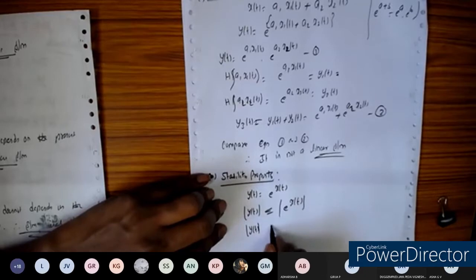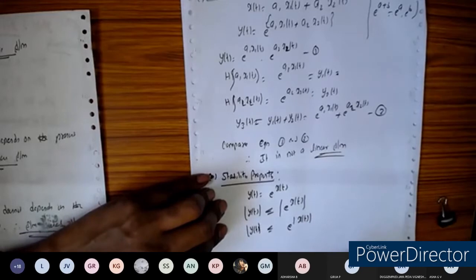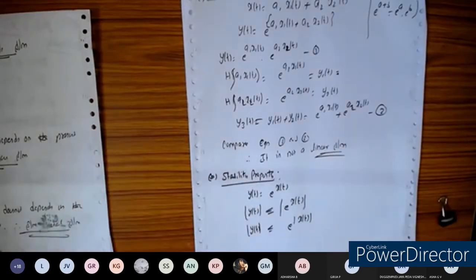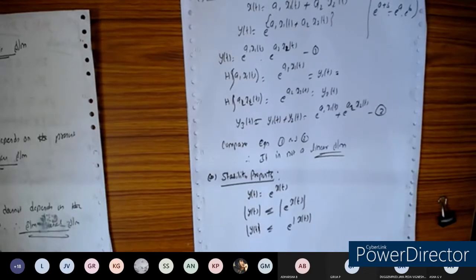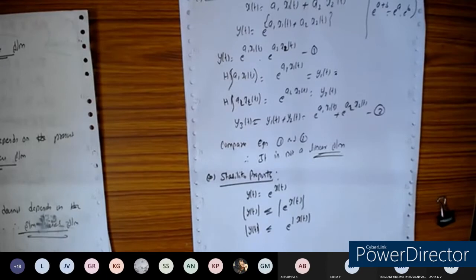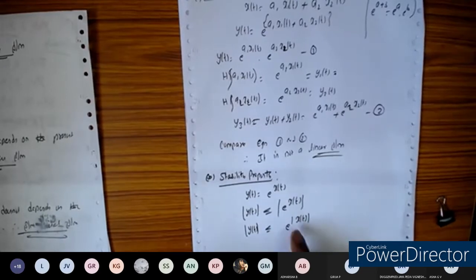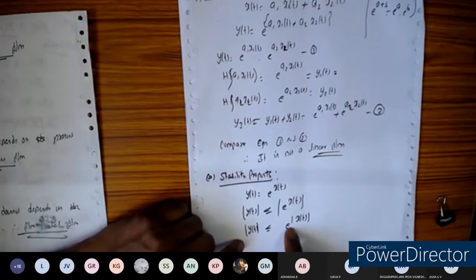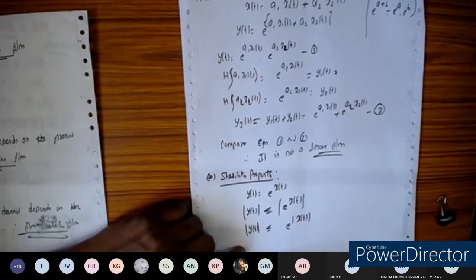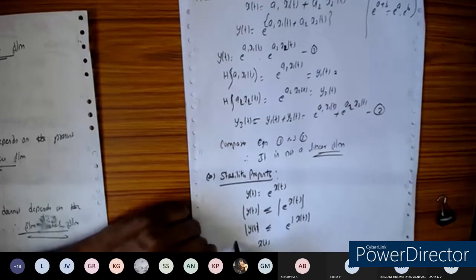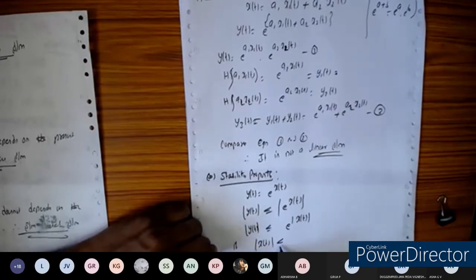So let us split the magnitude for the individual terms. So e to the power of the magnitude of x of t. Since we are considering the magnitude of x of t, we can say if x of t is a finite value, then e to the power of x of t will be a finite value here. So if the magnitude of x of t is less than or equal to mx, which is less than infinity,